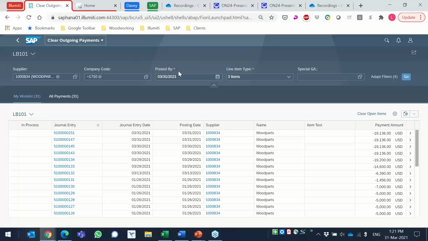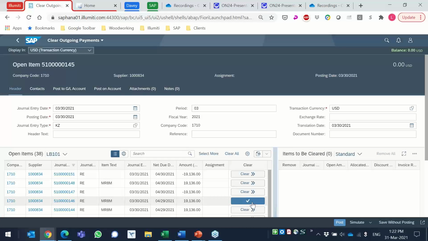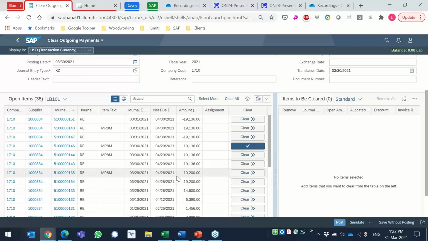Again, I have some pre-selected data here. So I checked this. For our demo 145, I click here, I want to see more, and this brings me to clear that particular item. This item has been checked here as the first for clearing, and then I will go through the items here with which I want to clear the item, right? So I want to clear some open items because there have been some reversals or some postings. I want to clear with this,